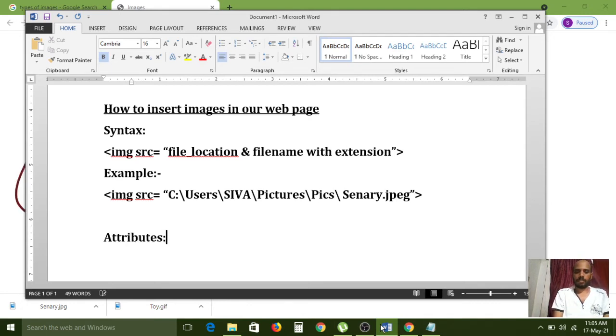So there are 1, 2, 3, 4, 5, 6, 7, 8 attributes we have mainly. There are 8 attributes we have for images. They are